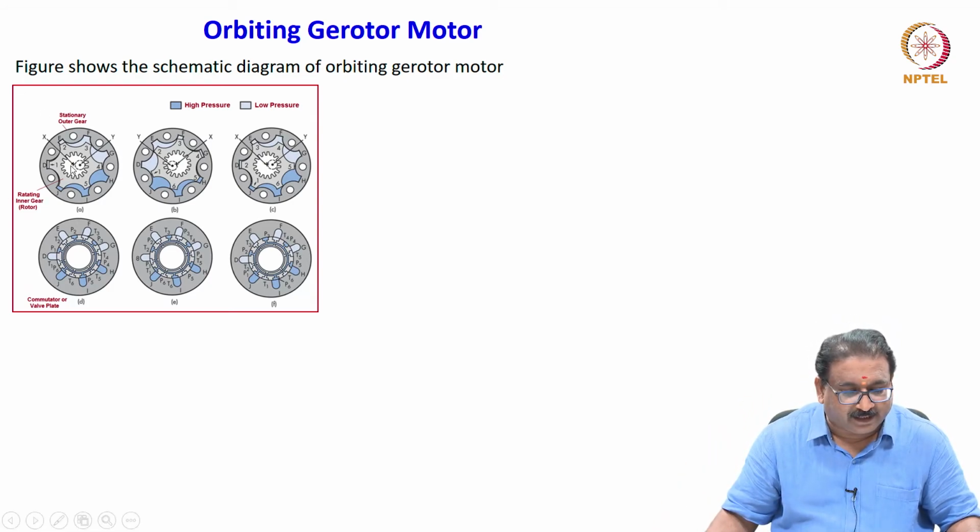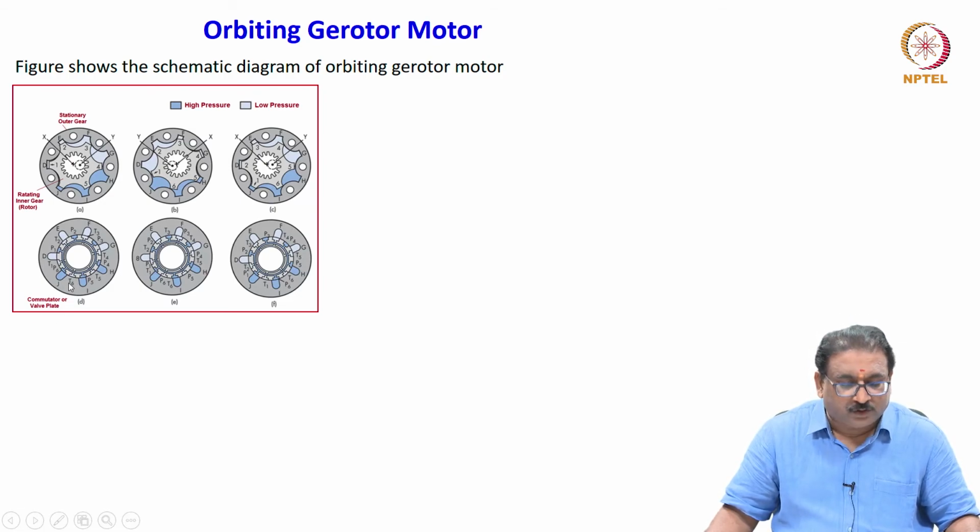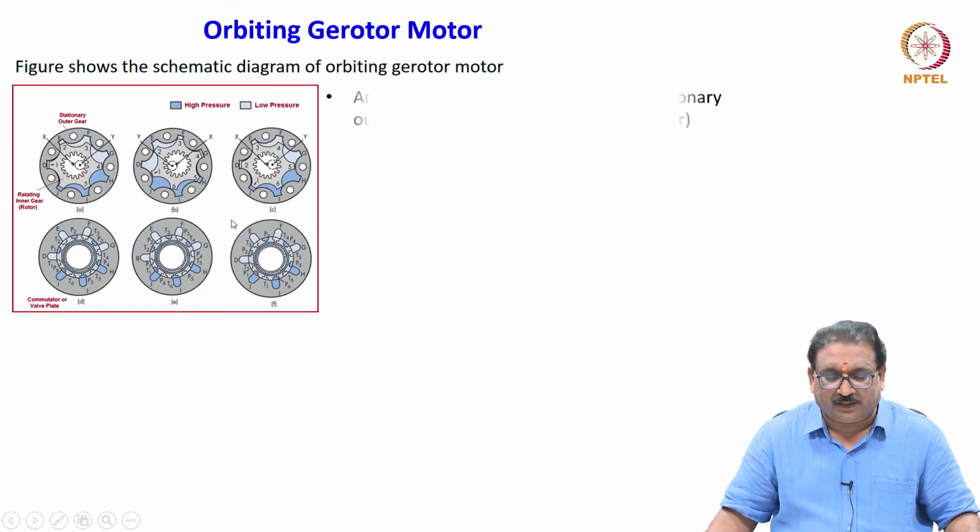Here again you will see the center of the rotor and the stator. X is the locus of the point. This locus of the point X will move along the circle. Now we'll see, I have marked one more item here. It is known as the commutator valve plate, which shows the connection where the high pressure oil will enter and the low pressure oil will go to the tank. I have marked high pressure in one color and low pressure in a different color. Let us see now.